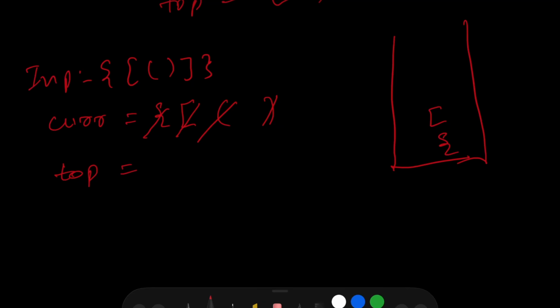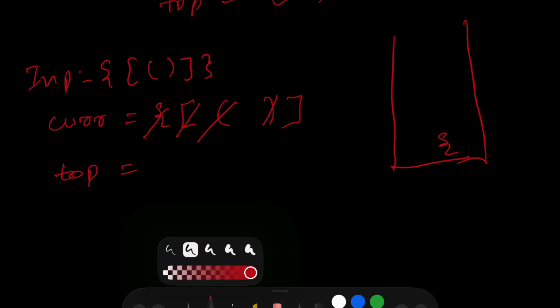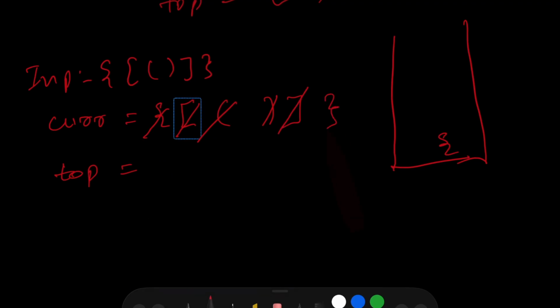Now next element, again, it's closing square bracket. We check the top from the stack. We pop it out. Do they match? Yes. So once again, we just move to the next element, which is our closing curly braces. We pop the element from the stack again. Do they match? Yes. Once you have iterated through the whole input and your stack is empty, that means the